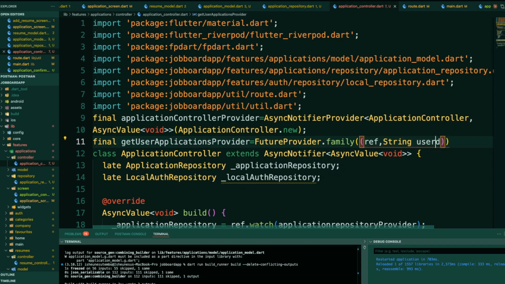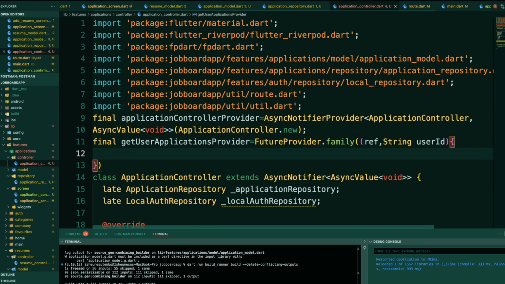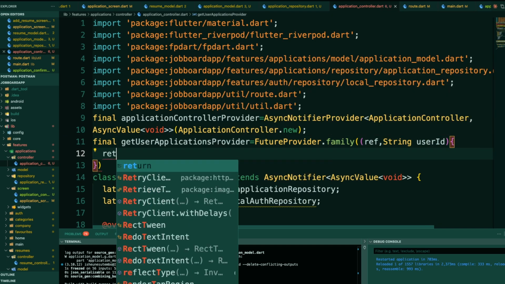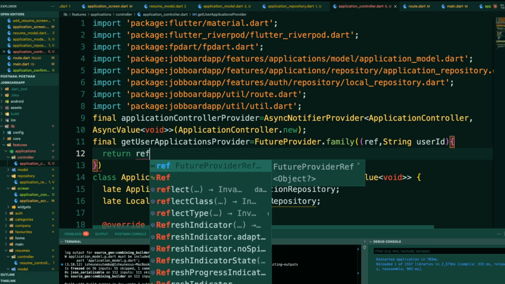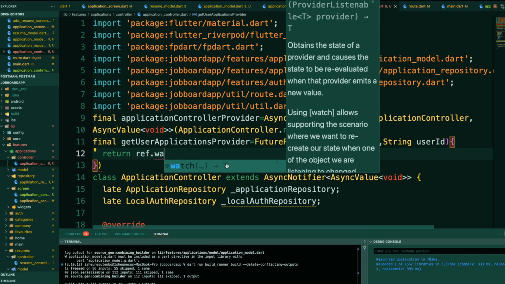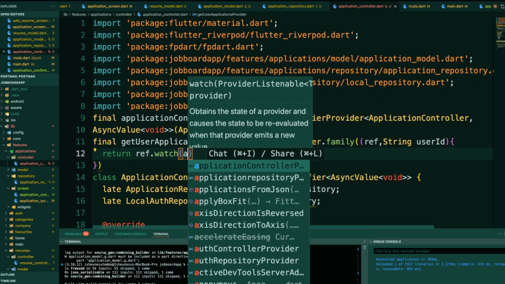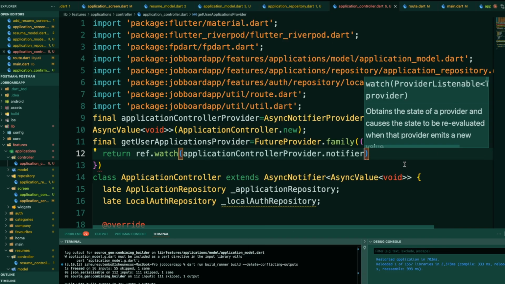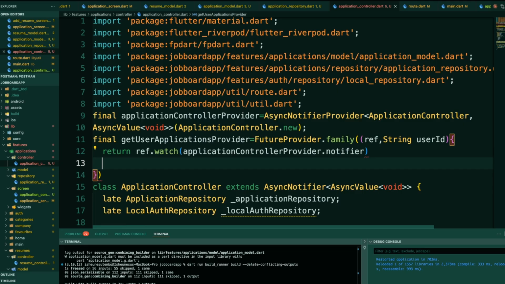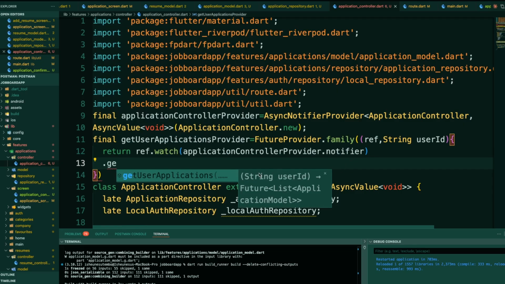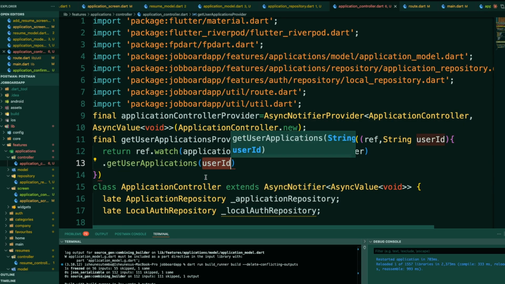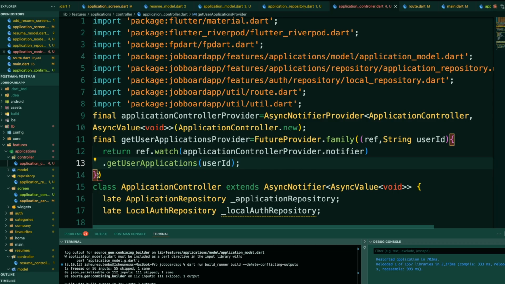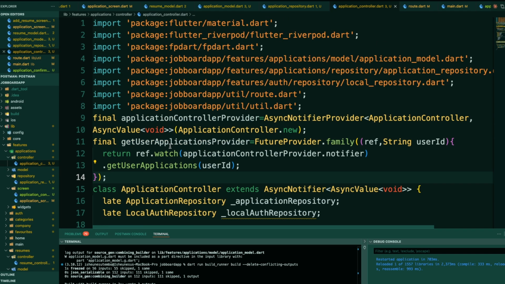So it's supposed to be user ID. And then we are simply going to return reference watch application controller provider dot notifier, right? Then dot get user applications, right? So now that we are done here, now it's time for us to move on to our user interface,